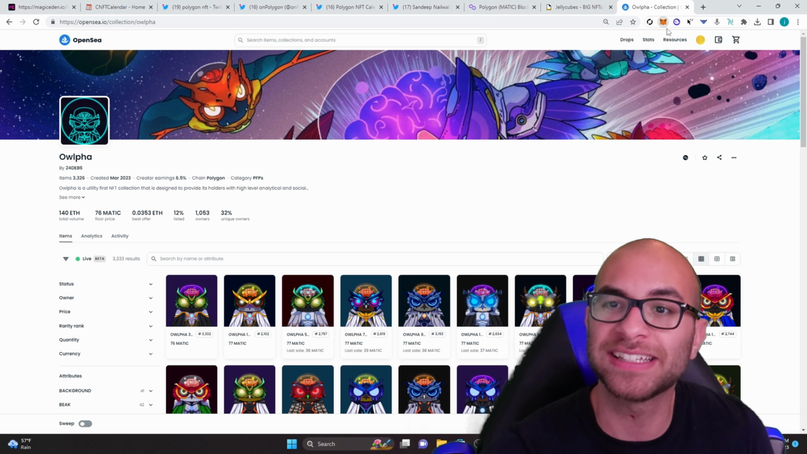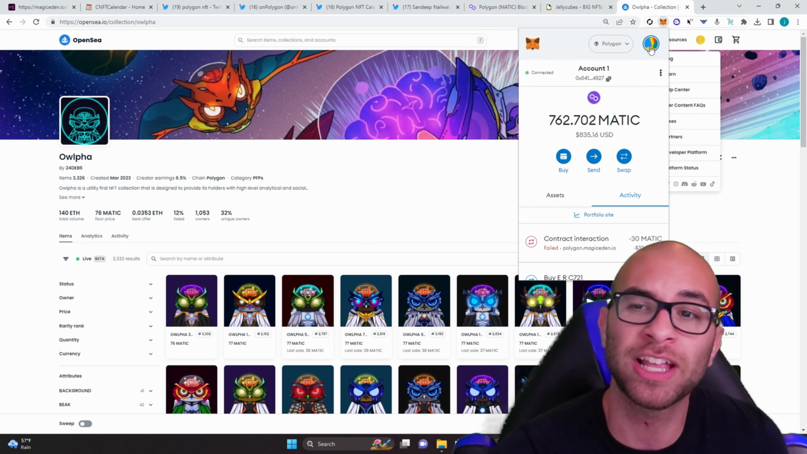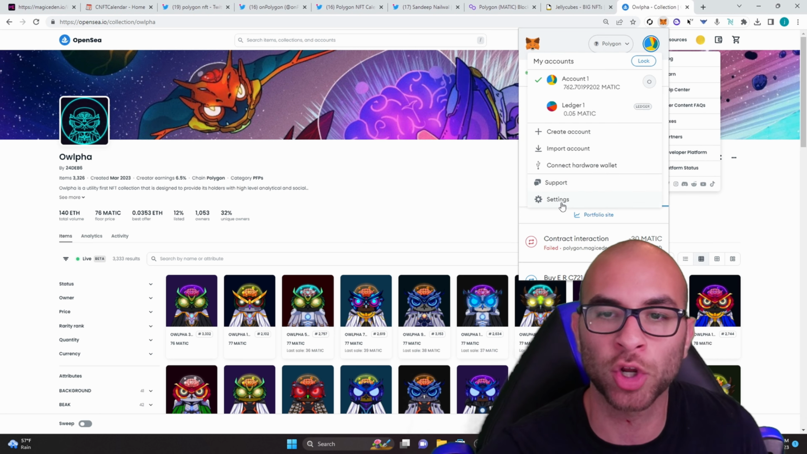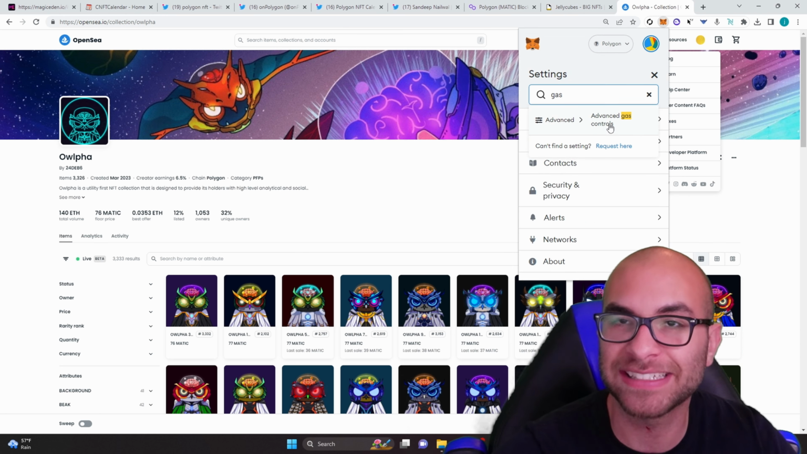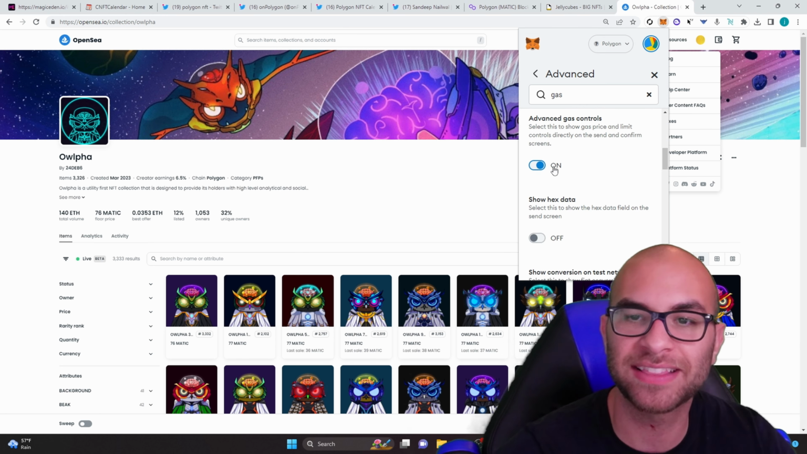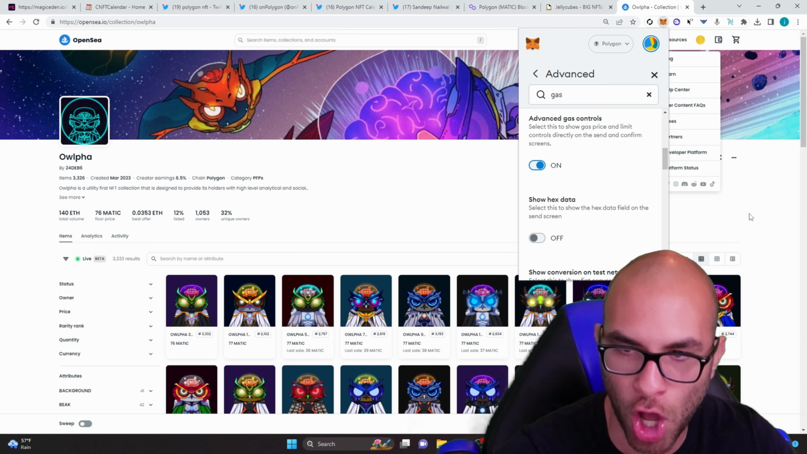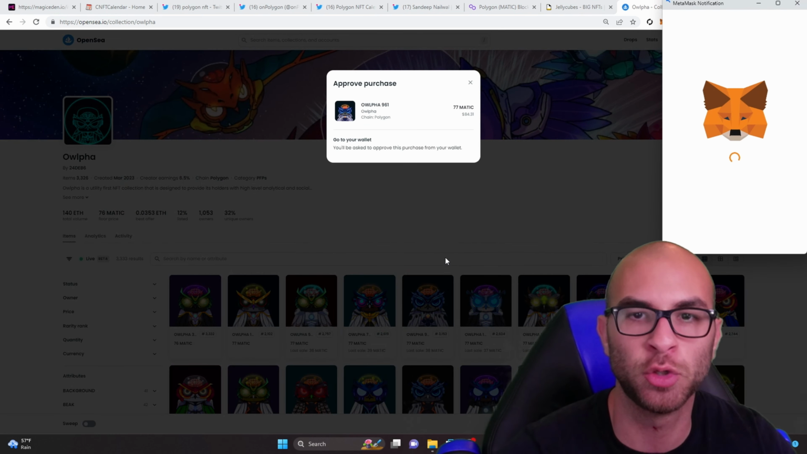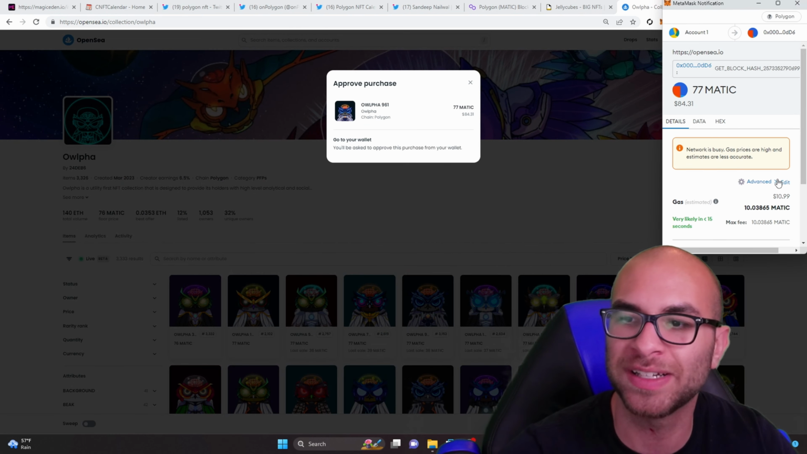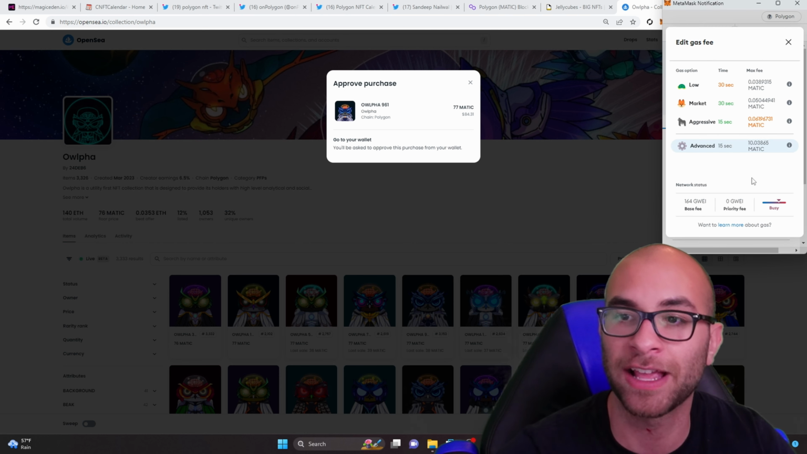Now, the way to do this is by opening up your MetaMask, clicking on this icon in the top right corner, going to settings, typing in gas, hitting advanced gas controls, and once you hit this, you can actually toggle this on. Now what will happen, guys, is when you go to buy an NFT, you can click buy now, and you're going to see this little edit section on the gas icon. So if I click on that,